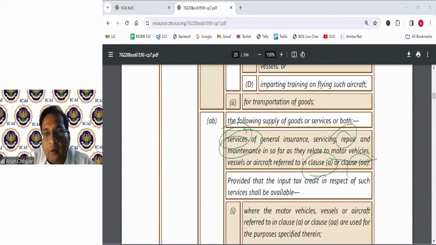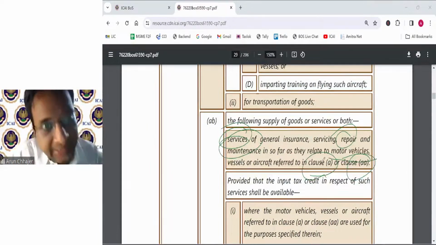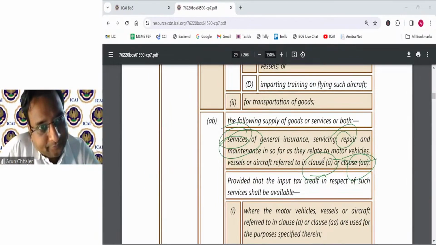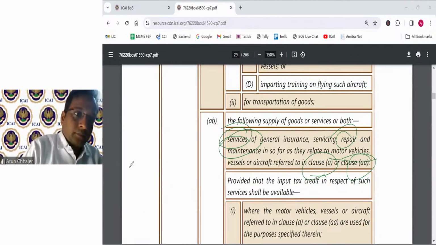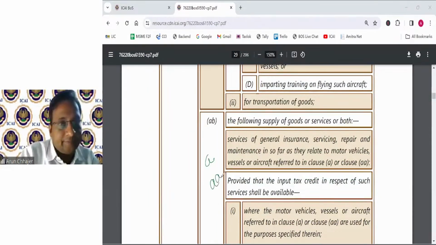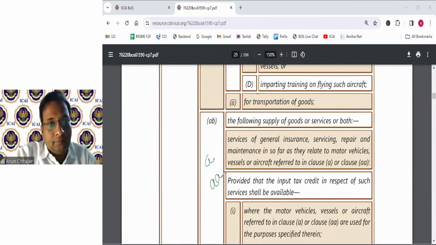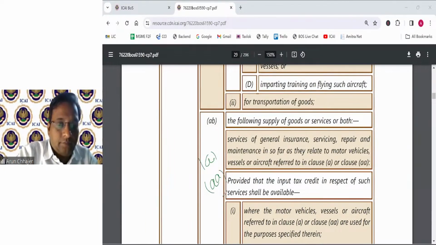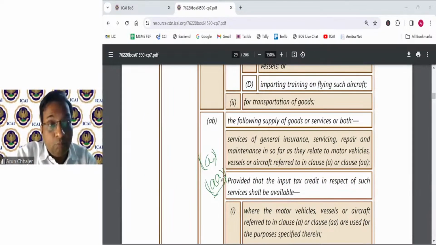The one which has been defined in clause (a) or clause (aa), meaning thereby, if it is an allowable motor vehicle under clause (a) or clause (aa),